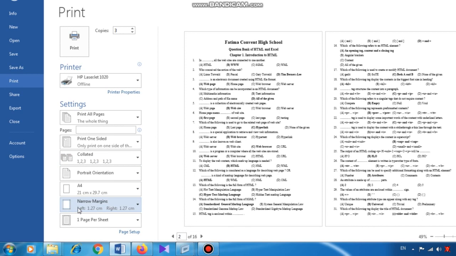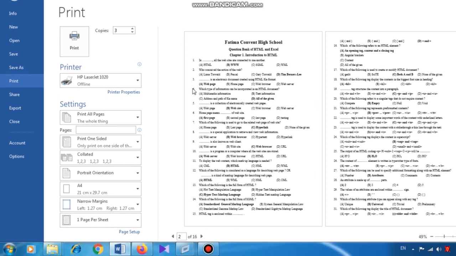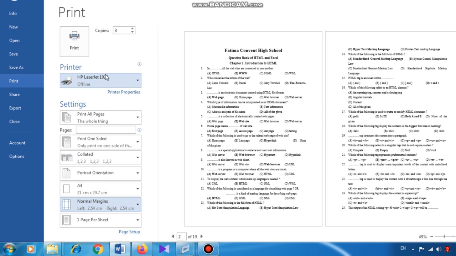What is the meaning of margin? The printer doesn't print on the whole page, but around the printed matter a margin is left where nothing is printed. You can see here, right? So that is known as margin. The margin size you can adjust from here. For example, here I have set narrow margins. If I make it normal, just observe what will happen. See, the number of pages became 20, and the space kept around became more, that is the normal margin. So margins can be adjusted from here.